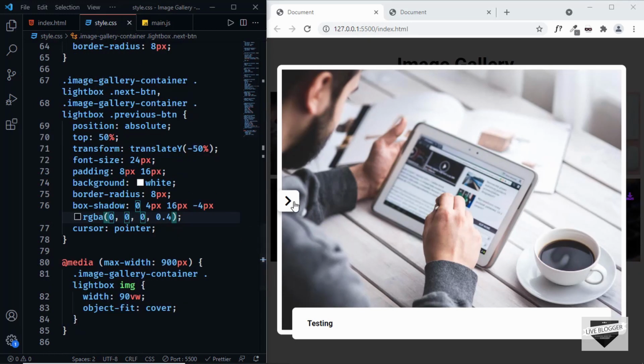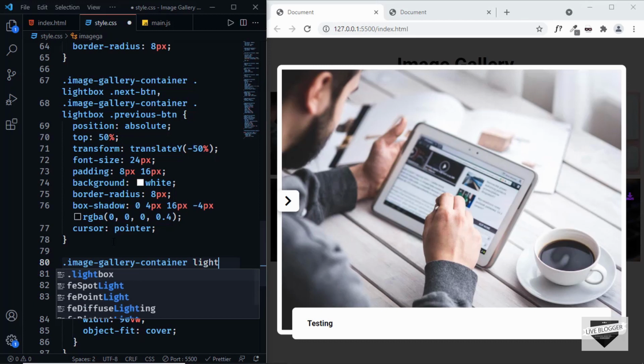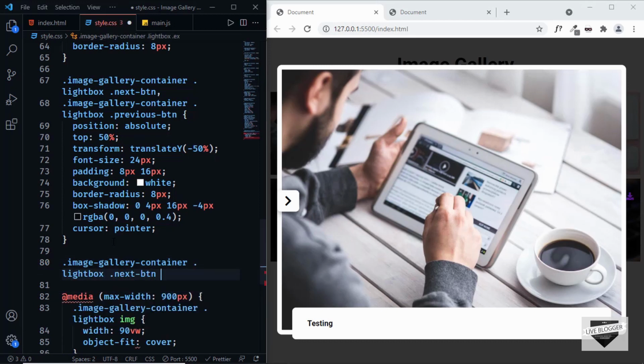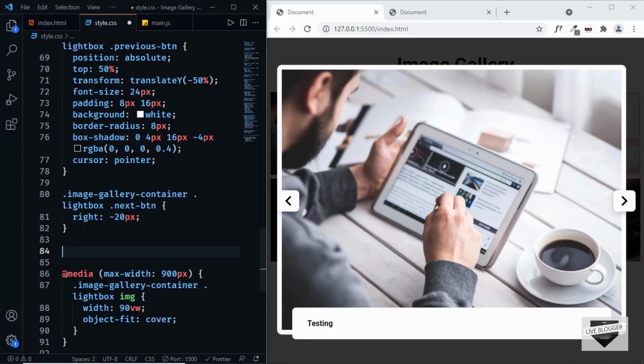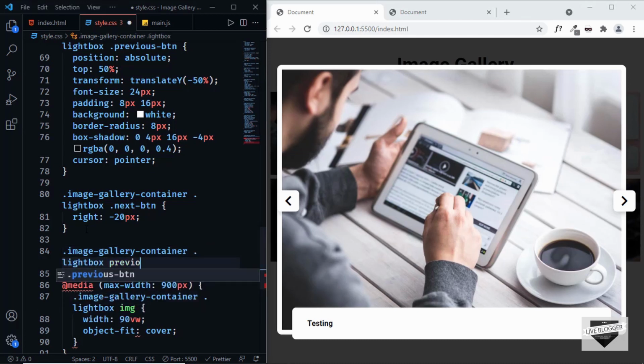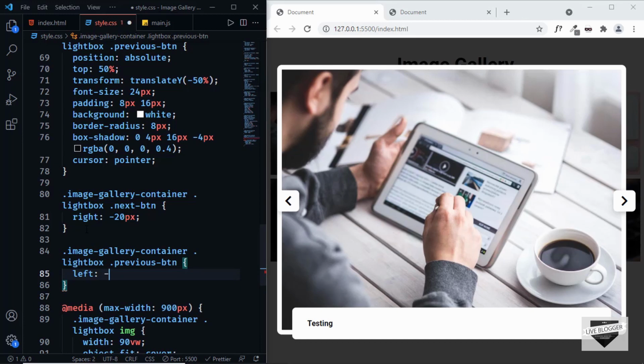Alright, now let's set the right and the left positions of these buttons. So let's type image gallery container lightbox next button, and we will set the right position to -20 pixels, and we can see that the button is at the right position. Now let's target the previous button, so let's type image gallery container lightbox and previous button, and let's set the left position to -20 pixels, and we can see that both the buttons have the correct